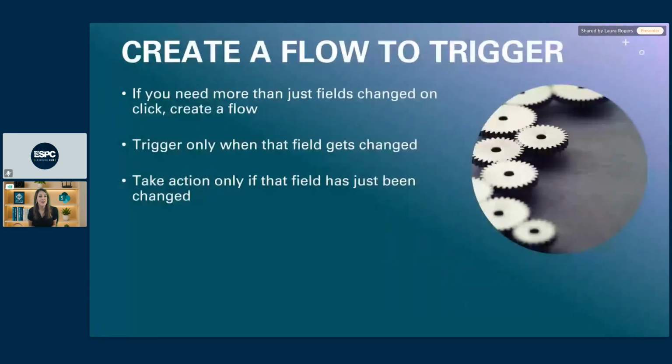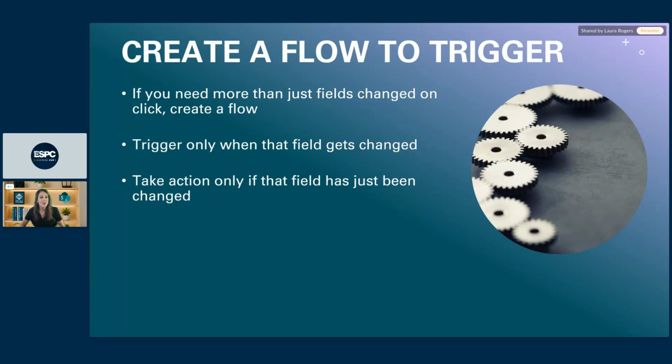So if you need more than just fields changed when you're using this button, you can create a flow. This is where we're combining the concept of just quickly setting a value, like status approved, and being done with it, with having the user click a button that kicks off an entire flow where multiple things happen. Like maybe you need to assign an approval to someone, or send a very custom email, or change values in other lists, and all kinds of things that you can do with a flow. Of course, the sky's the limit.